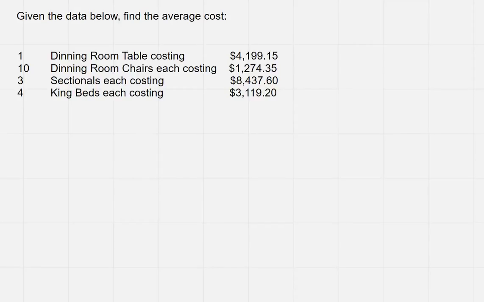We want to look at another type of application story problem. This one is a lot more in-depth than the previous ones that we've done. This one says I'm given all this data below in this table and I need to find the average cost. So we know that when we think of average, that means that we're going to divide by total number of